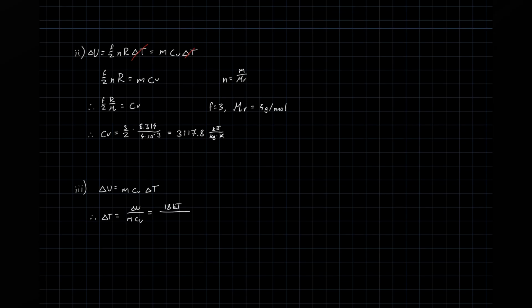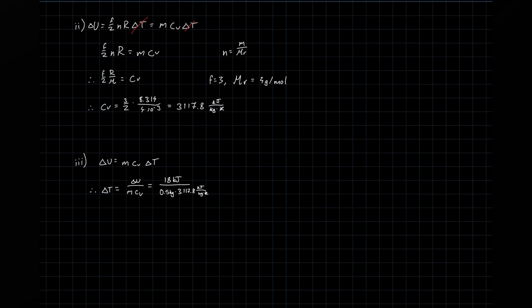Divide this by the mass which we were given, so 0.5 kilograms. Multiply this by our c_V, which we just calculated. This is in kilojoules per kilogram Kelvin, so you can see that here kilojoules and kilograms will drop out. So we get that T, our final temperature, minus our initial temperature, is equal to